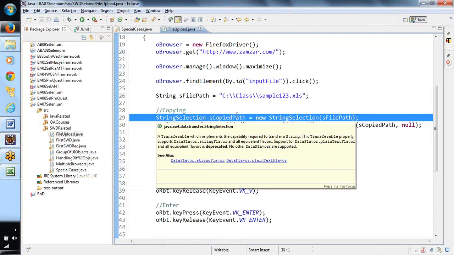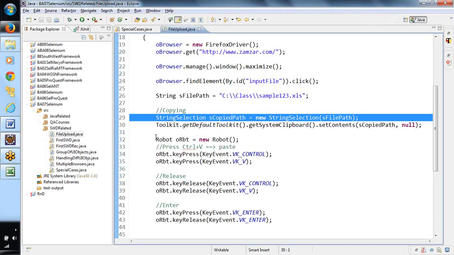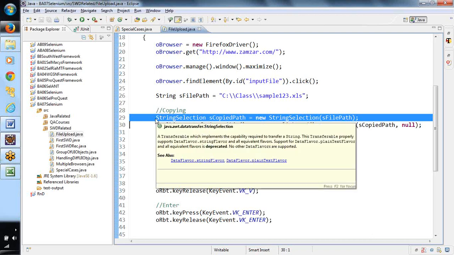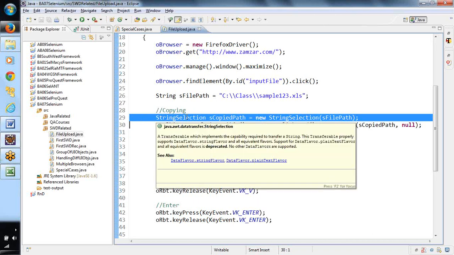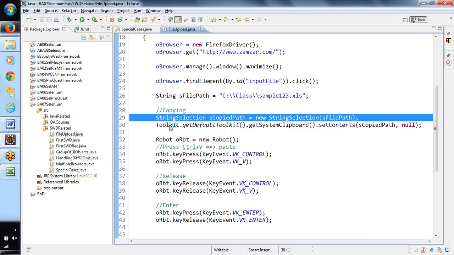Whatever string you have selected in your application, basically this would be there in the background of your application. Say you have some application which is developed in Java, and in that application, if you select a particular text, in the background it is going to generate this 29th line. First it will select whatever string you have selected in your UI application. First it will generate this line, and then it is going to keep it in a